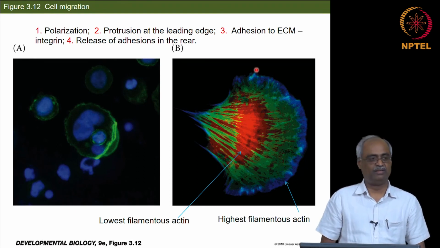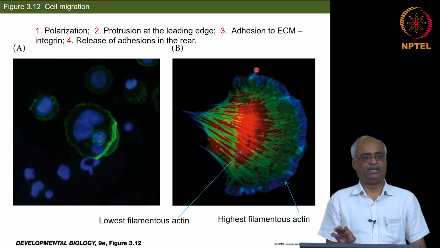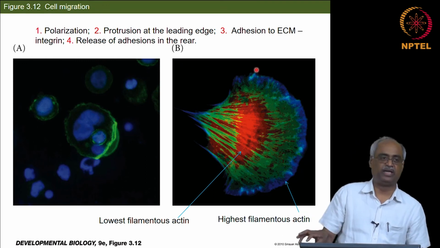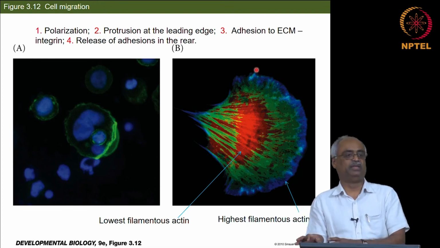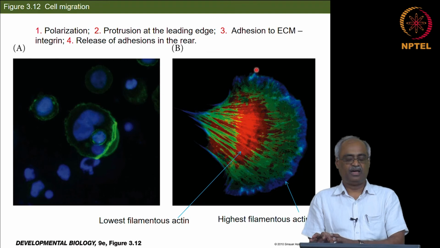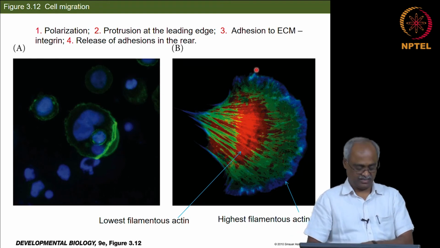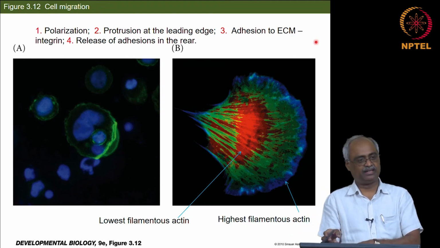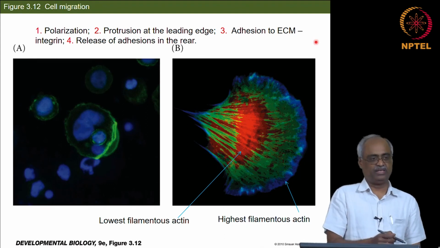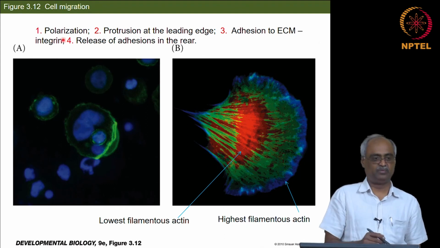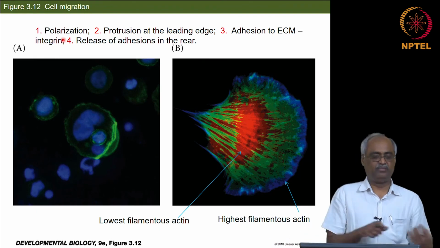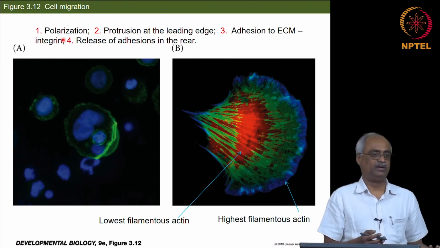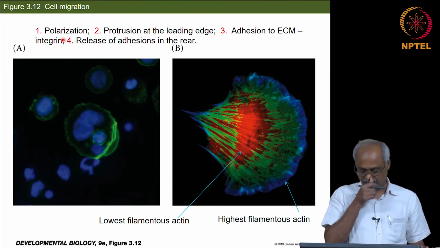First the cell will have to polarize, and then you have a leading edge, the direction in which the cell is going to migrate, where the cell shape changes as if it is going to make a protrusion or pseudopod kind of structure, and then that attaches to a surface, that is the adhesion to the extracellular matrix in that direction. Then the other side, the posterior, once polarized you have an anterior and posterior. Let us say the anterior is the one in the direction of migration, and from the other side you need to get rid of the adhesions. So, these are the 4 steps, and how are these 4 steps